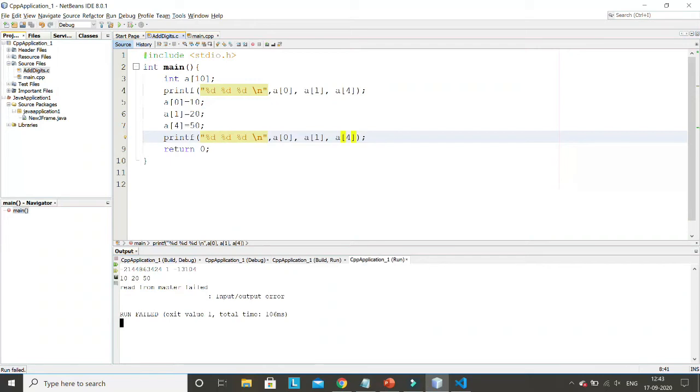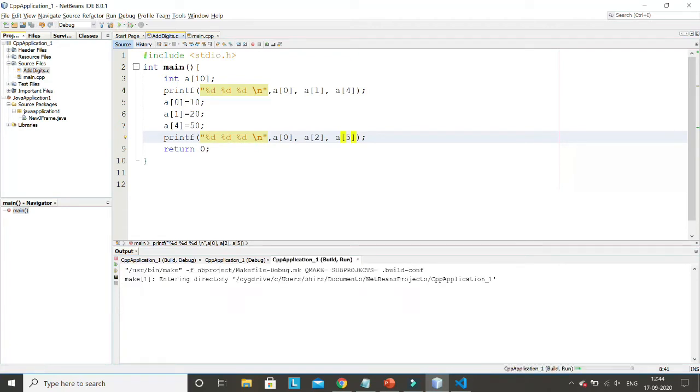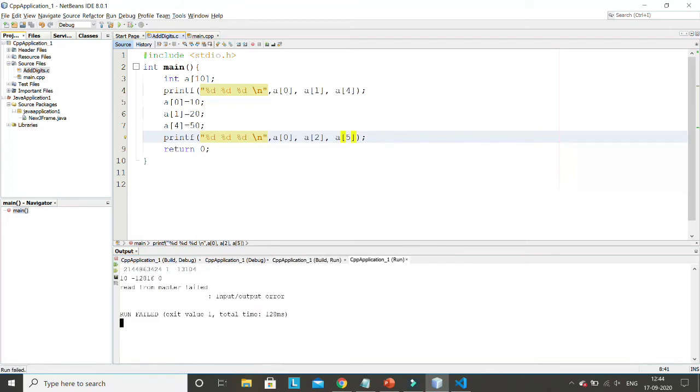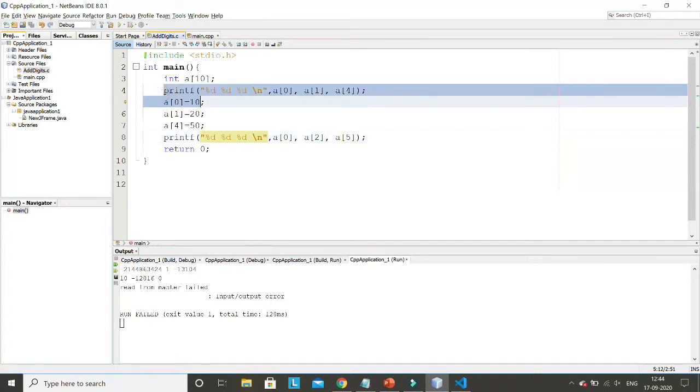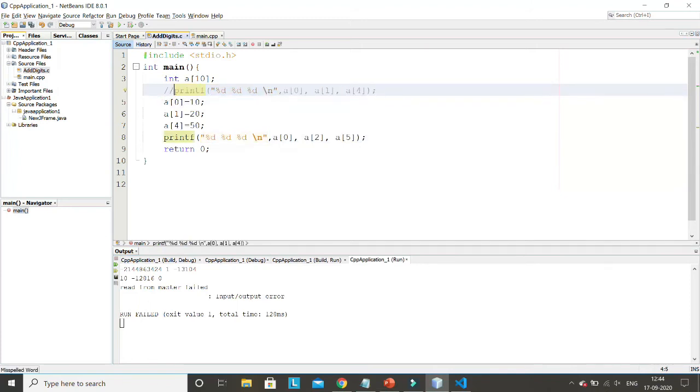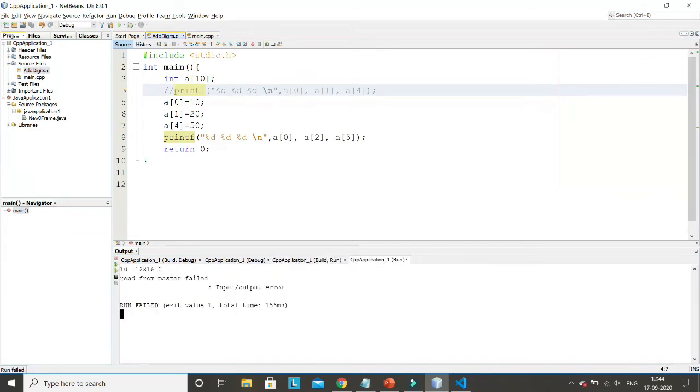So now if instead of a1, I try to print a2, and a5, so a0, a2, and a5, then what will happen? Just run the code. See, a0 is 10. Ignore this first printf. First printf will always show default garbage value. Let me just comment this first printf. If I comment the first printf and run it again, see, for a0 it is showing 10